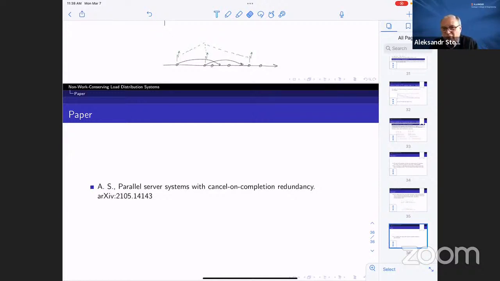It's not necessarily cancel completion redundancy, but a system which has these two fundamental properties, egalitarian and monotonicity. It may be possible to invent something where you get this weird situation when, for example,